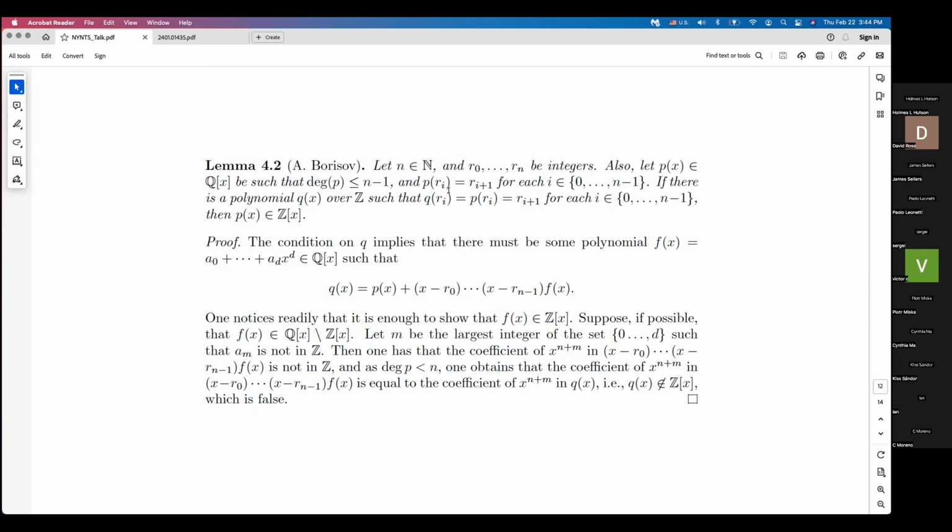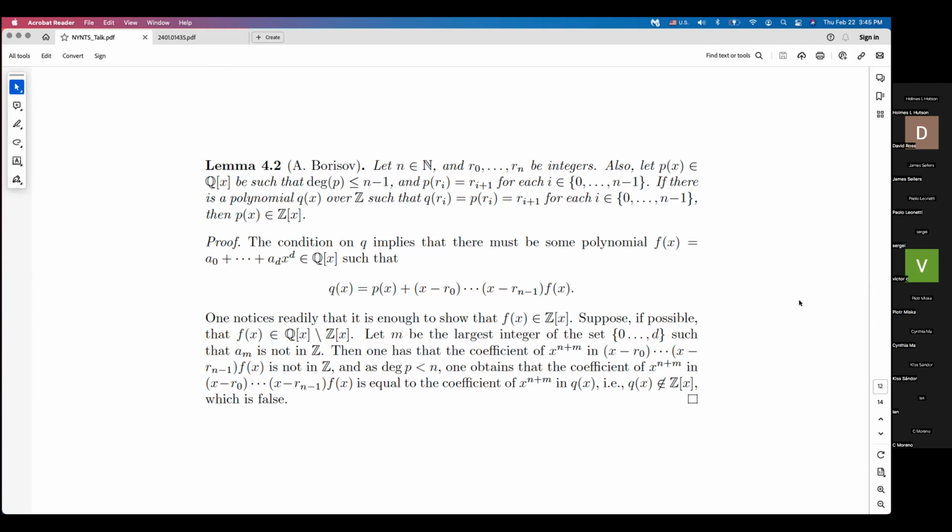There's a lot of technicalities here. Well, not a lot, but some. But here's the idea: suppose I have this sequence of integers and I'm using this interpolation polynomial to calculate the appropriate polynomial which generates this sequence of integers. Then if via interpolation you are getting a polynomial which is not over Z, then there doesn't exist a polynomial over Z that generates this sequence. So interpolation is the answer, really. If you do not get a polynomial over Z using interpolation, then you're not going to get it in any other method. And that's precisely what this lemma says.